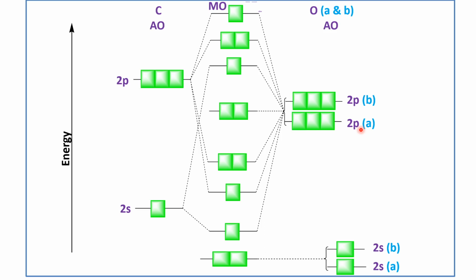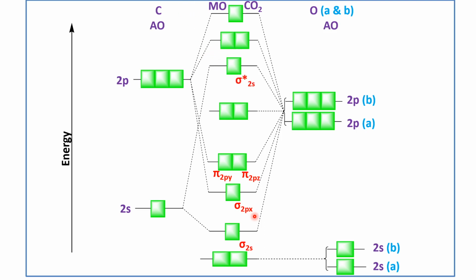Then at the center, we are having the molecular orbitals, and these molecular orbitals are for the CO2 molecule. So in the CO2 molecule, the first one is the bonding sigma 2s. Then instead of sigma asterisk 2s, to remove the drawback, the position of the sigma asterisk 2s is shifted. So instead of sigma asterisk 2s, we are having the sigma 2px. Then pi 2py, pi 2pz, a degenerate pair.